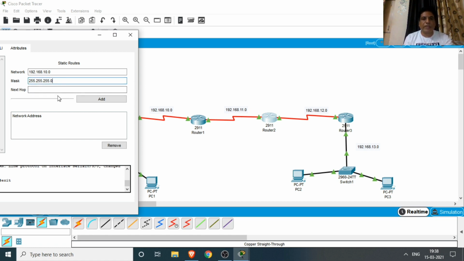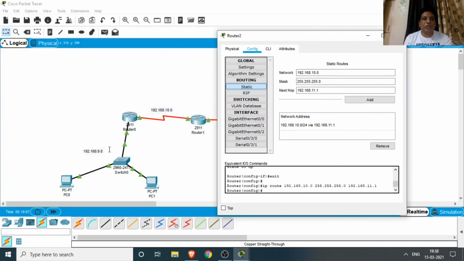Our next hop address is 192.168.11.1, then add. Similarly, if we want to go to 9.0, again our exit point is the same. So again we add this address.